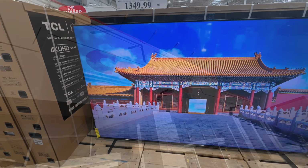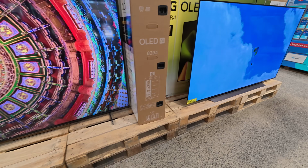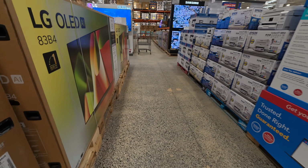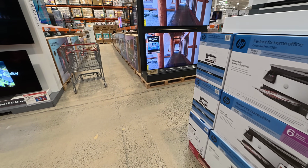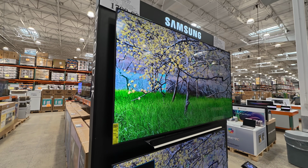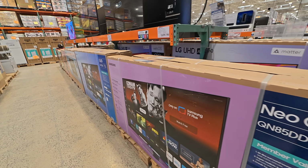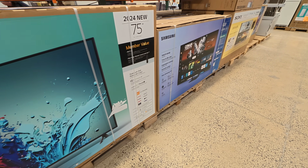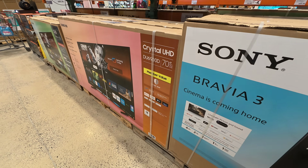All right, guys, let's do it. We're heading into Costco Super Bowl week. I'm here to show you the sales and what we have in inventory at my local Costco. I'm also here to help you simplify. Costco can be very overwhelming. The store is very busy, and in the TV section, it looks like there are many options. What you need to realize is that rows and rows of TVs, or these different aisles, are simply the same TVs, just different sizes. So I'm here to help you simplify and show you my favorite TVs in the store,